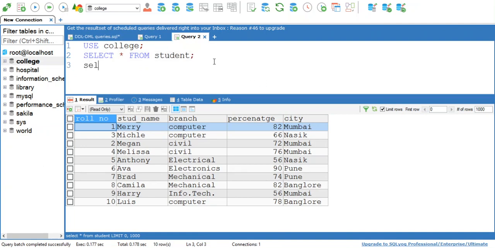Okay, so here I want to select city and the number of students from each city. So I can simply write select city and count roll number from student, and group it by city.